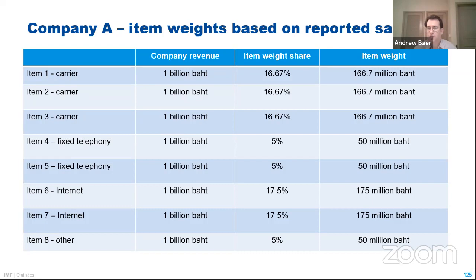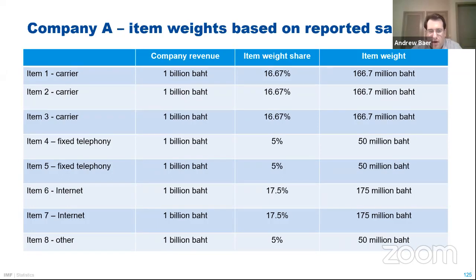The thing I would encourage you to do, though, is collect the total sales for the company and allocate it to the categories. Even if you say, look, I'll just put most of the weight in the biggest category, and then the second most weight in the second category, and then the third in the third. We want to get some kind of estimated item weight that is based on the total company sales and the share of the company sales that comes from the product category in which the item is classified.